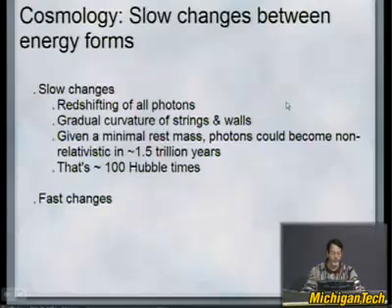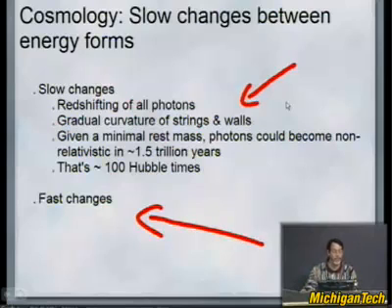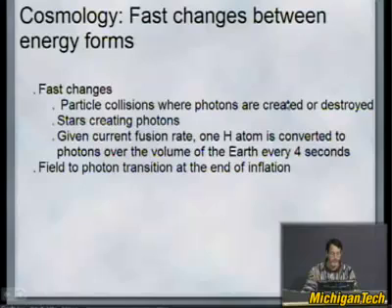It's possible for energy forms to change. For instance, if you were moving with your friends very fast as the universe expands, you would go from being radiation to being matter because you would eventually slow down as the universe expands. Curvature effects of strings and domain walls might unravel as the universe expands, so you could have some slow changes between energy forms. It's also possible to have fast changes. When you have some kind of matter that decays, it goes from normal matter and decays into radiation forms, fast-moving particles, so it's possible to convert matter quickly into radiation. That's possible.